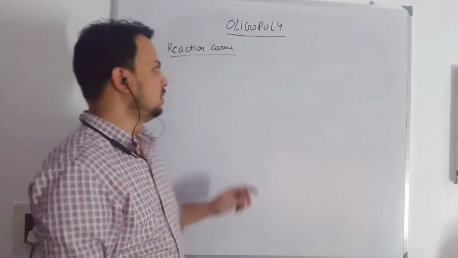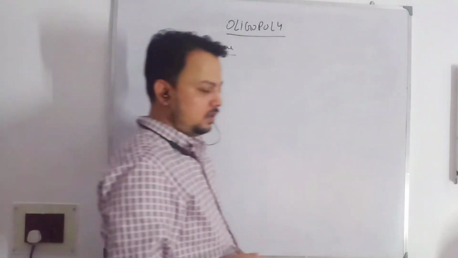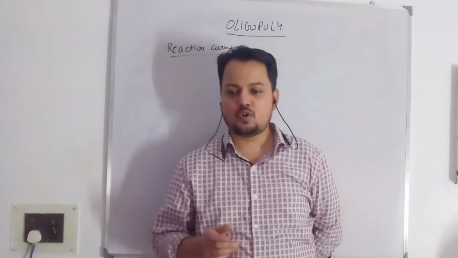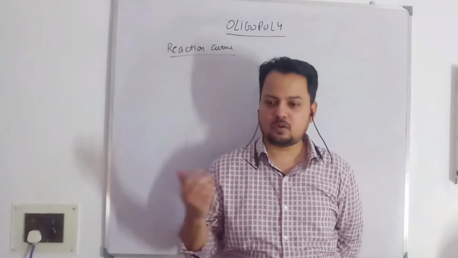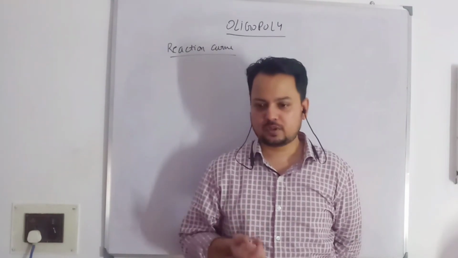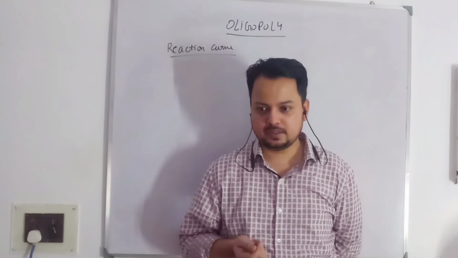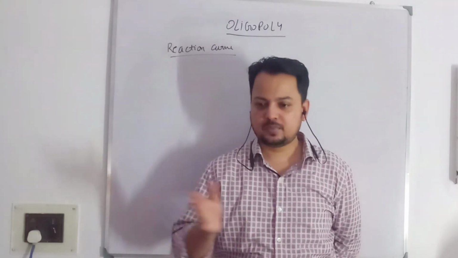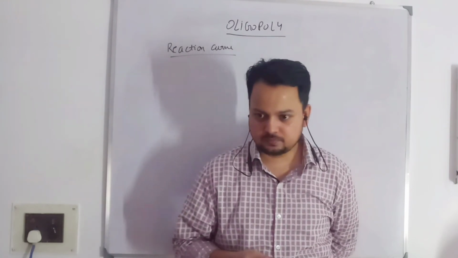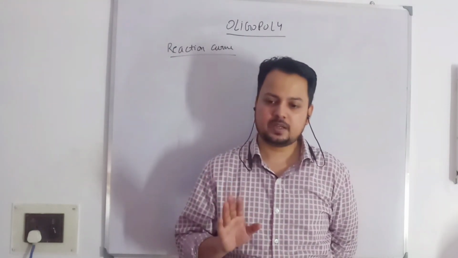So we are going to use the reaction curve approach in order to derive the Cournot model. This is a more powerful approach than the original version that we have. The reason is that here we don't have to consider the identical cost condition. Firms can have different cost conditions or different market conditions also. That can also be taken under some conditions.